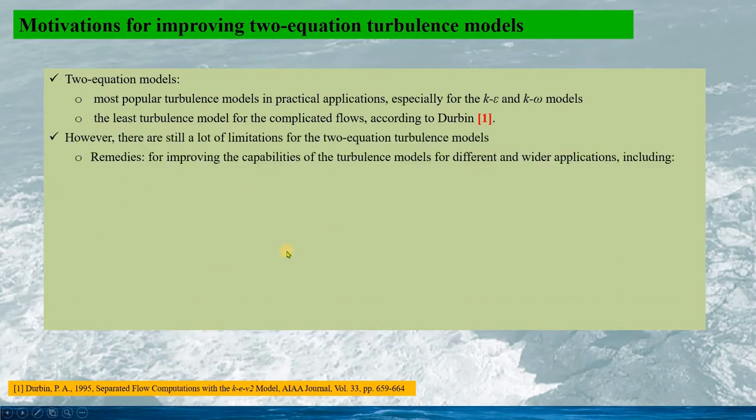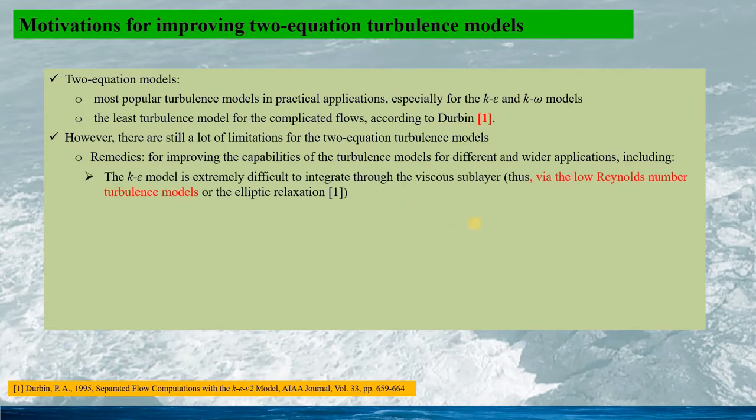However, there are still a lot of limitations for the two-equation turbulence models. The remedies would be for improving the capacities of the turbulence modeling for different and wider applications, including the K-epsilon